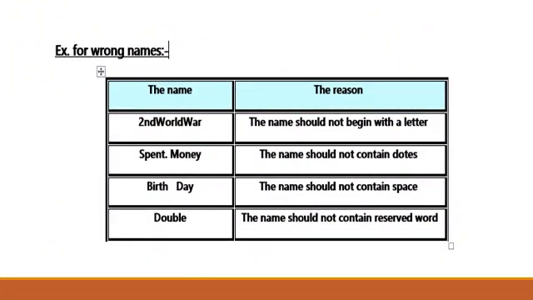Examples of wrong names of constants and variables. The name is 2nd World War. The reason: the name should not begin with a number. The name is spent money. The reason is: the name should not contain